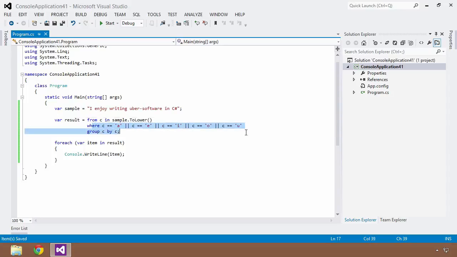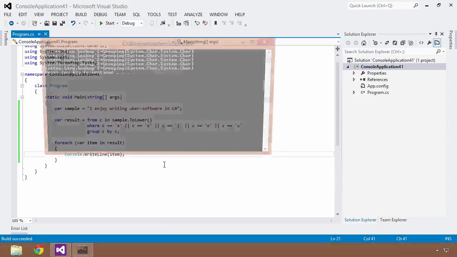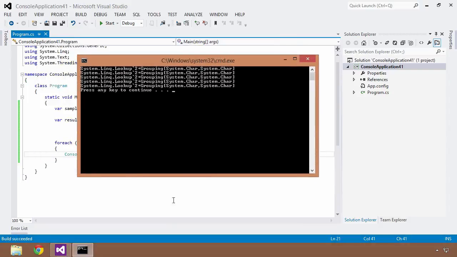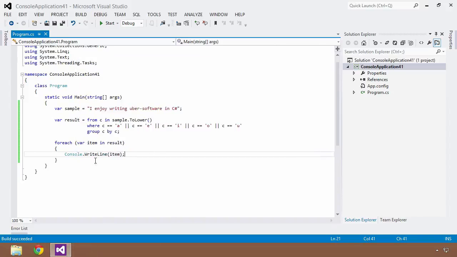So I've grouped all of the vowels by the character and assigned that into result. Now, if I try to Control F5, you're going to see something a little strange here. You're going to see a System.Linq lookup and a grouping, and this is a little strange. I don't know what's going on here. Well, what's happening here, if I were to set a breakpoint and do an F5, I will get to the